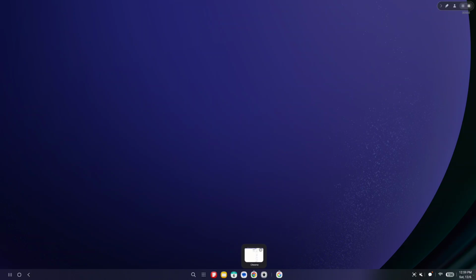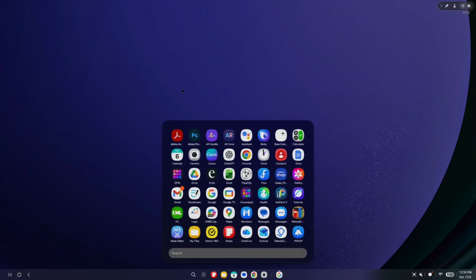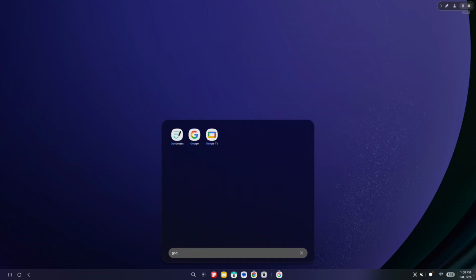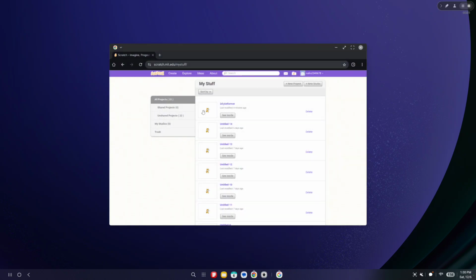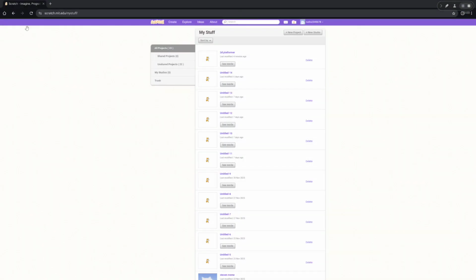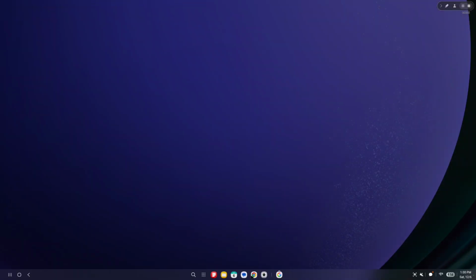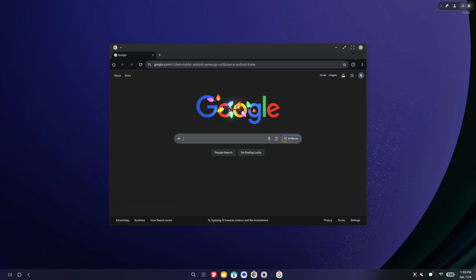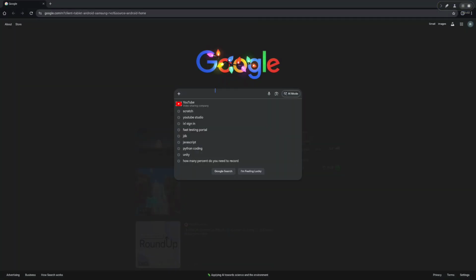So right now, we're going to go to Scratch. To go to Scratch, you have to open your Google Chrome. This will work on any browser. You just have to go on a browser. If I just search Google, Google will work, Chrome will work. As long as it's a browser, it will work. So to get to Scratch, you have to go to your Chrome, Google, or whatever, and then you have to search